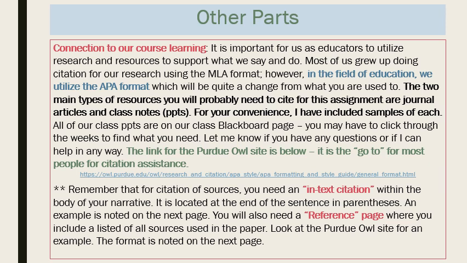So for the 3 sources of information that you're going to use to support your 3 connections, you'll need to have an in-text citation, and that's where within the body of the paragraph, you'll put the parentheses, and for APA, you use just the last name of the author, a comma, and then the year of publication, because that will directly connect to the complete citation of that source in your reference listing. Now, for APA, you don't put bibliography or works cited, it's just references. And the Purdue OWL site has a whole sample paper there if you want to use that as an example.